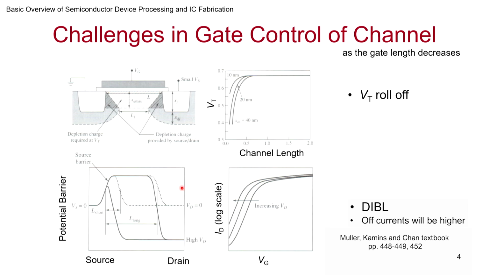So what it means is, the threshold voltage that this transistor will see when the drain bias is 0 and when the drain bias is high is going to be different. That's what is indicated here. Increasing VD, especially when the channel becomes small, this effect will show up. This is similar to saying you have turned off the tap in your house so that the water doesn't flow from the tank overhead. But what if the tank level goes up?